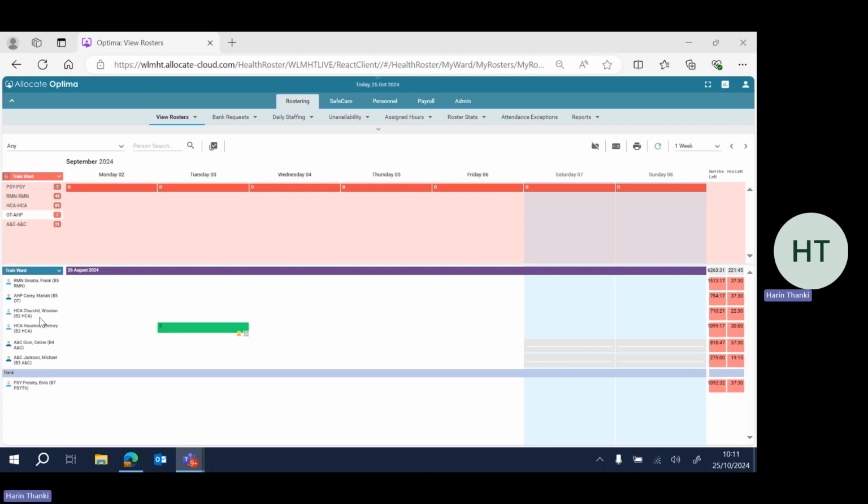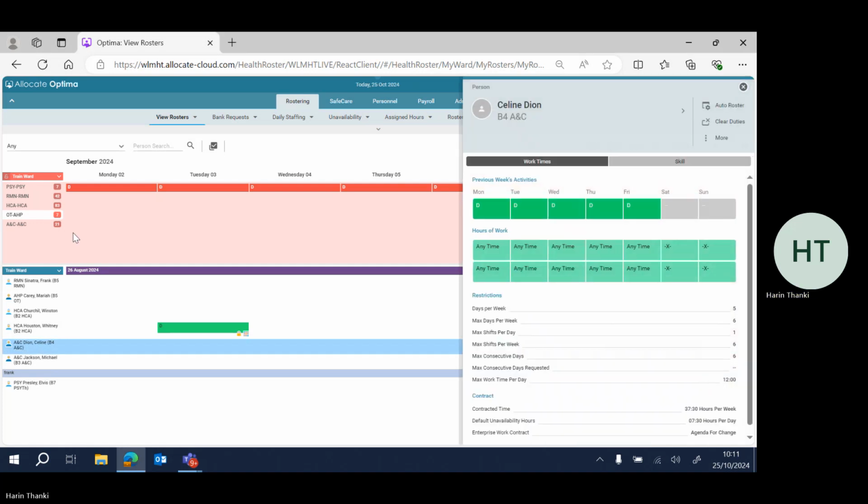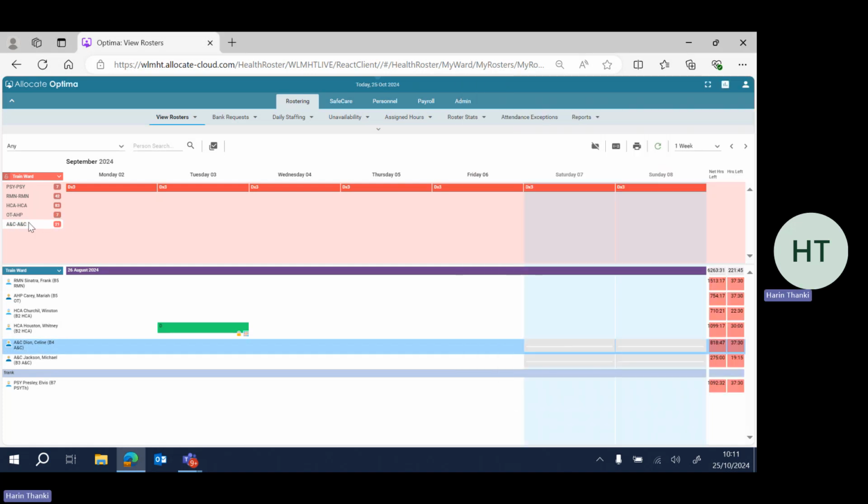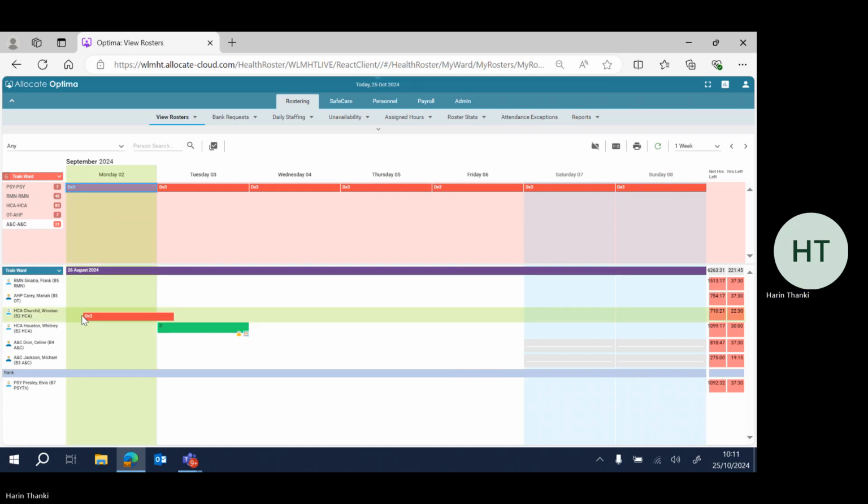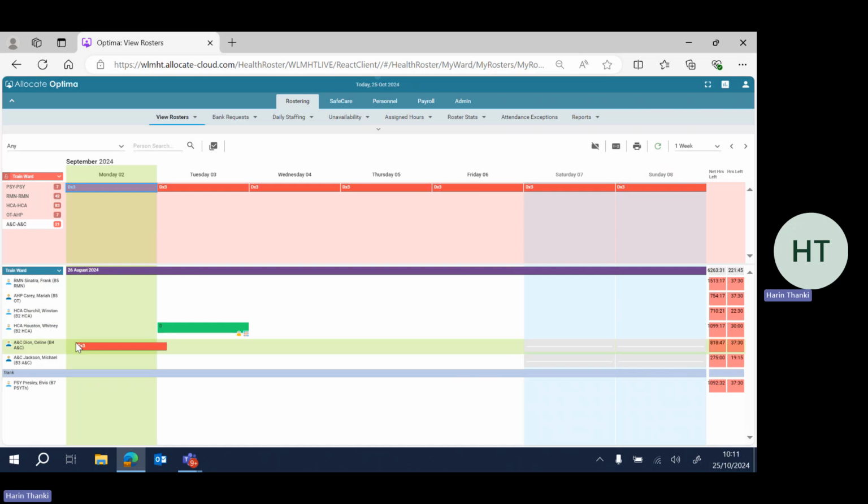Now, if I do want to allocate the shift to an admin and clerical, I select the admin and clerical, see there are 3 shifts available there. I click on the shift by left click on the mouse, hold the mouse, and drop the shift in front